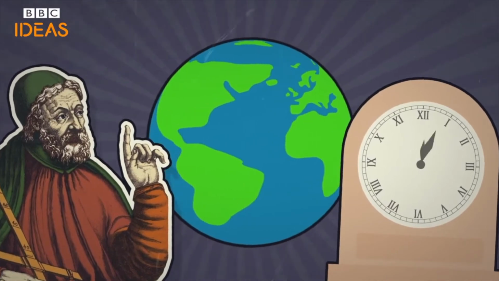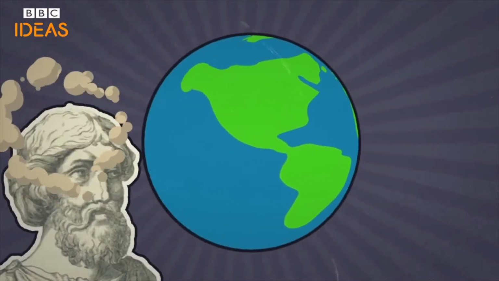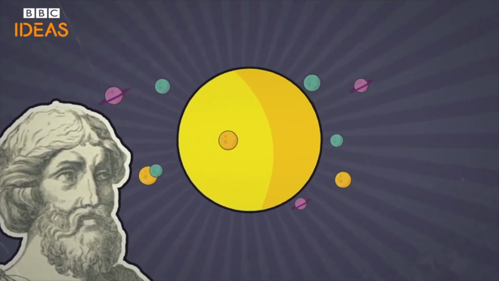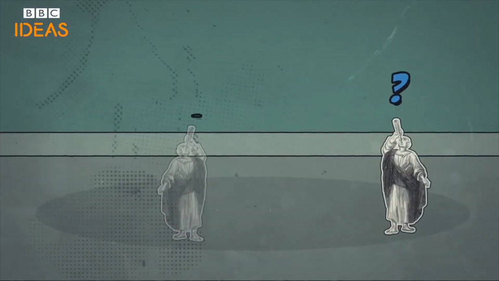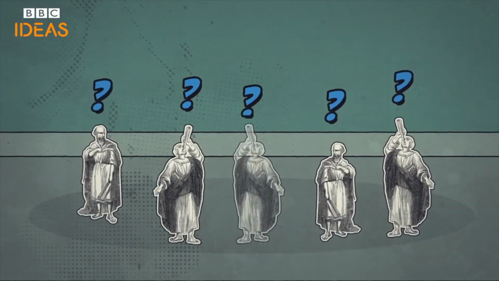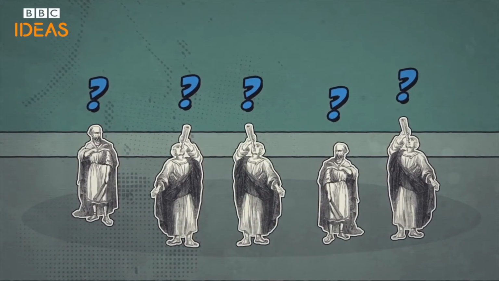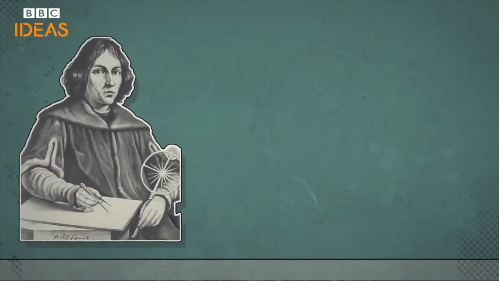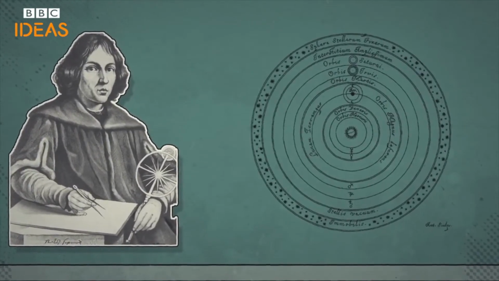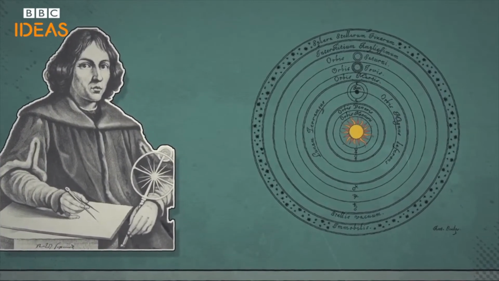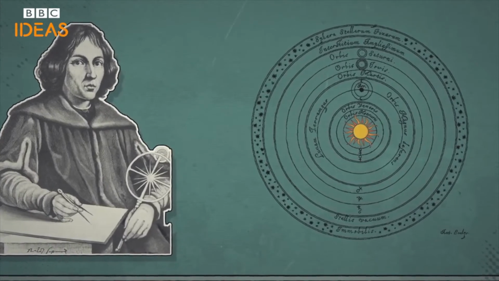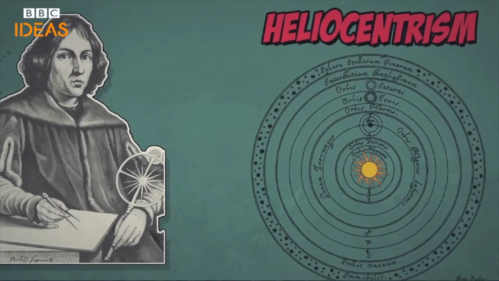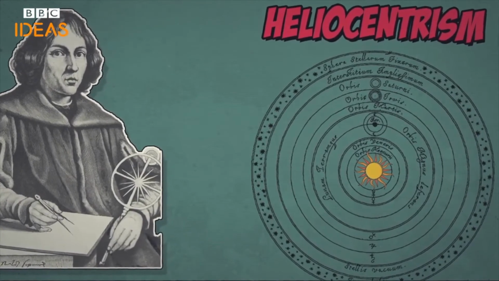As far back as the 3rd century BC, Aristarchus of Samos had suggested that the sun was in the centre of the universe. And in the years that followed Ptolemy's work, both European and Islamic scientists started to question aspects of his geocentric model. Finally, in the 16th century, Polish astronomer Copernicus published his model of the universe, which also put the sun, not the Earth, at the centre of it all. This is known as heliocentrism, and for the first time, mainstream science took note.